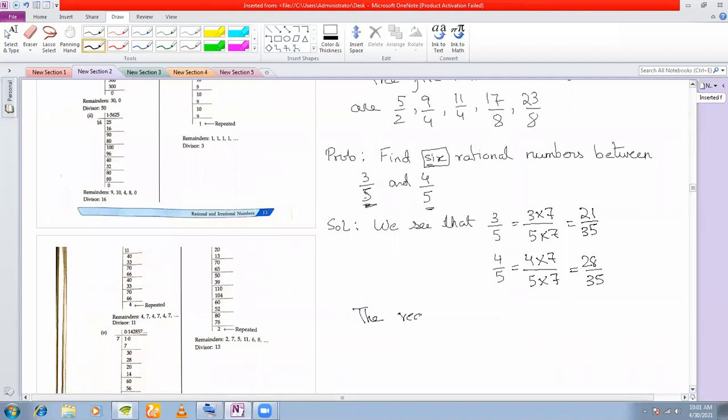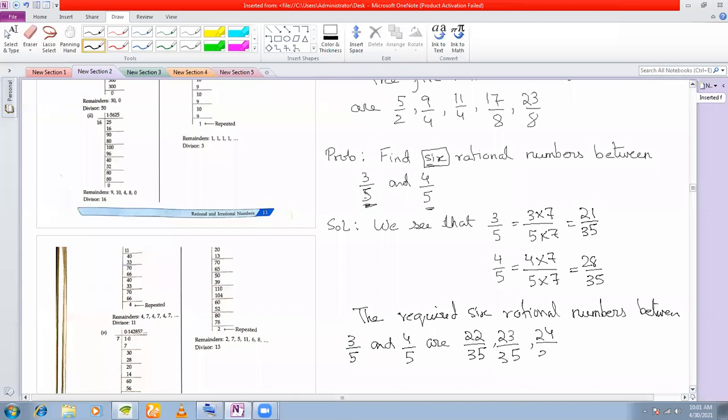The required 6 rational numbers between 3 by 5 and 4 by 5 are, you can have 22 by 35, you can have 23 by 35, 24 by 35, you can have 25 by 35,